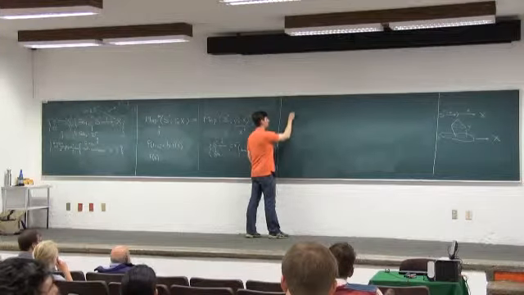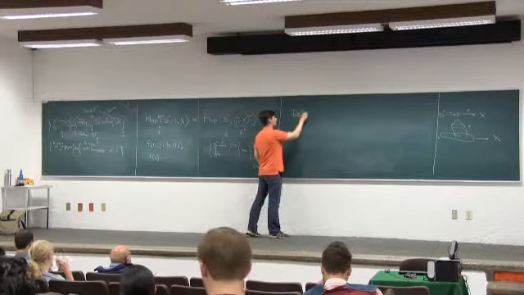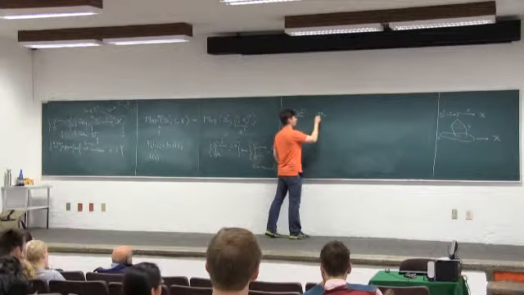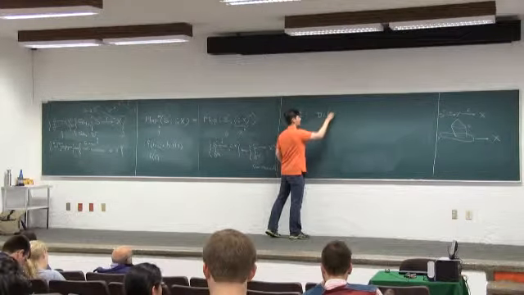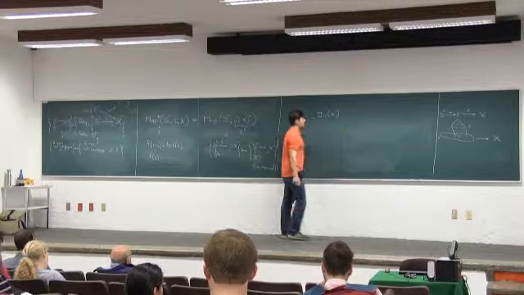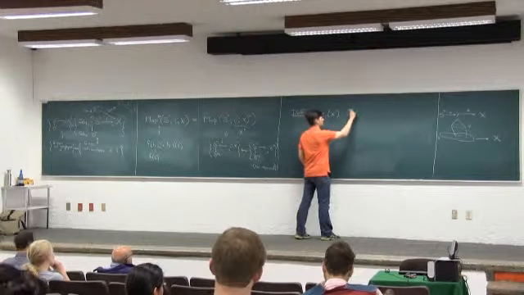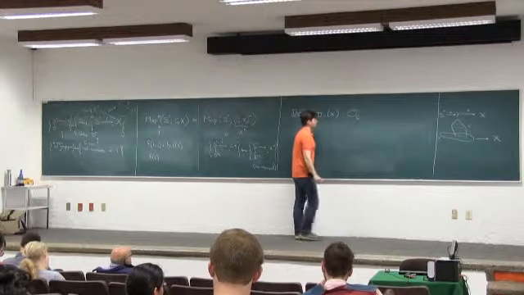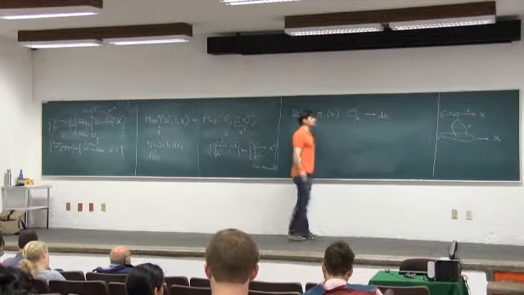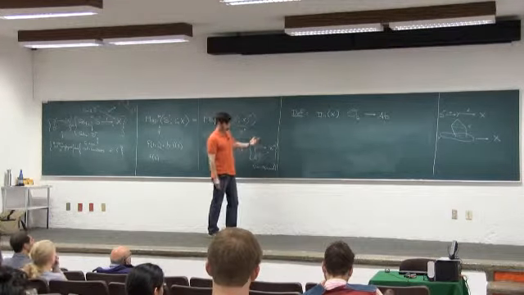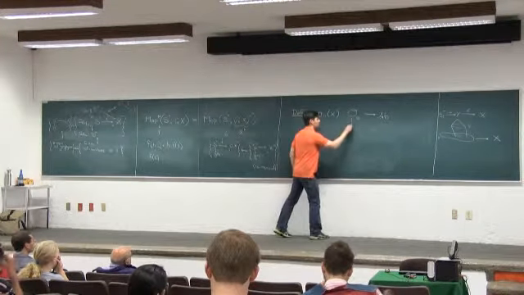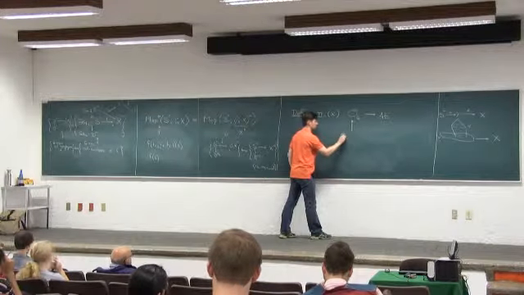So I'm going to define the following. I'm going to say that pi n with an underline of X is going to be a functor. It's a functor from the category, which I'll call OG for orbits, and I'll describe this in just a second, into abelian groups or pointed sets, depending on whether n is bigger than or equal to 2, 1, or 0. So this is the category whose objects